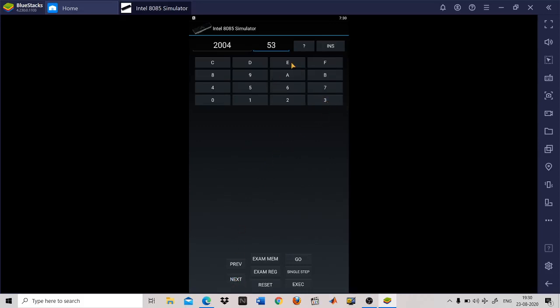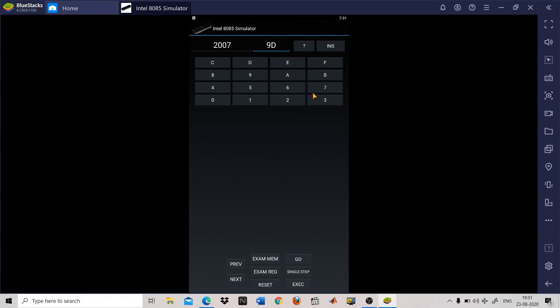Then 3A, again press next. Now 01, now 30. You have to press next after every storage.